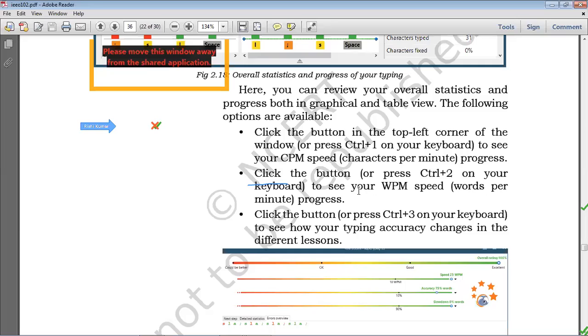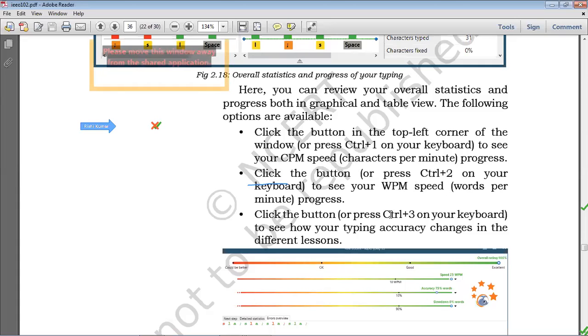If you want to see the WPM, words per minute, then you can press Ctrl plus 2, and here it is Ctrl plus 1 if you want to see CPM, meaning characters per minute.